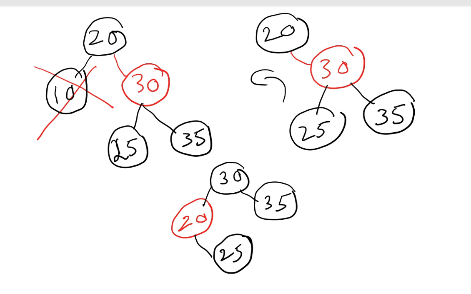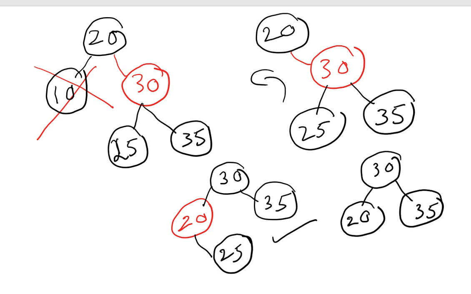Yes, it is a red black tree. Done. This is a red black tree. Or I can do one more thing as well. 30 I will make here, 20 I will make here, 35 here, and I can make this also a red node. This is also a red black tree.